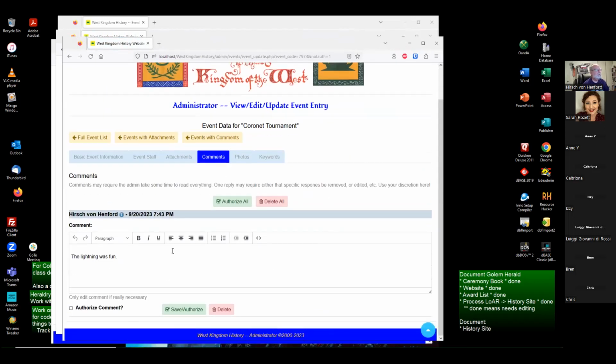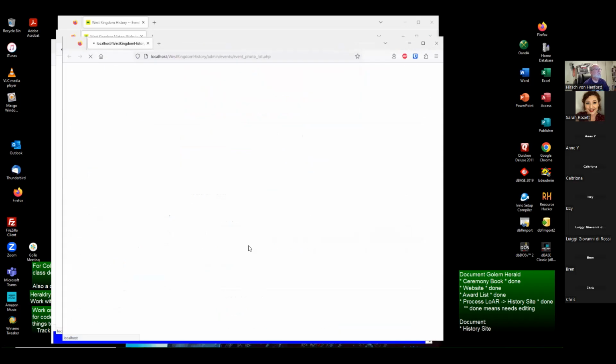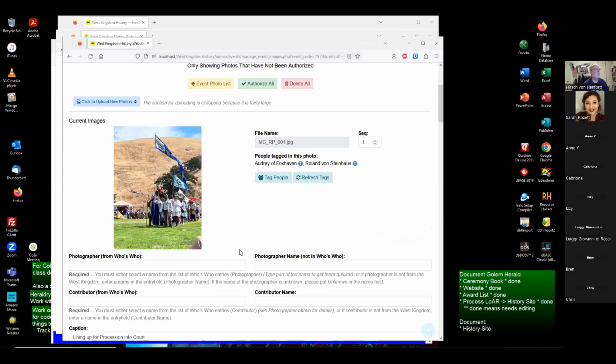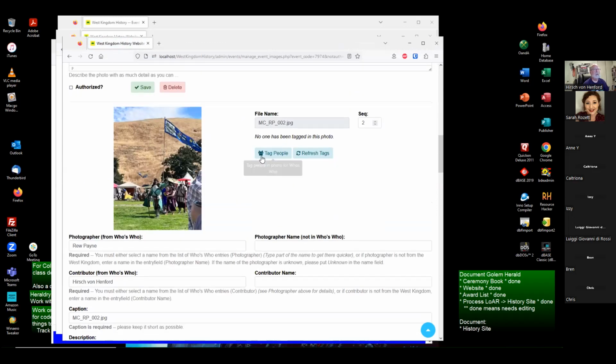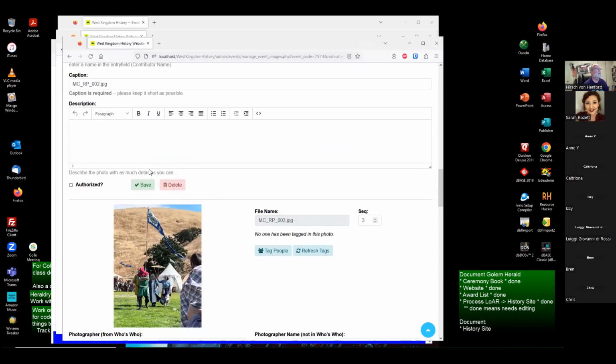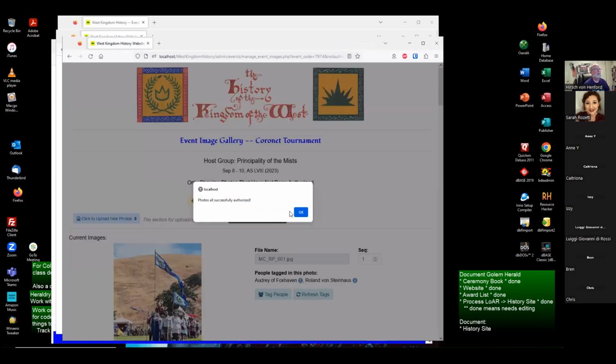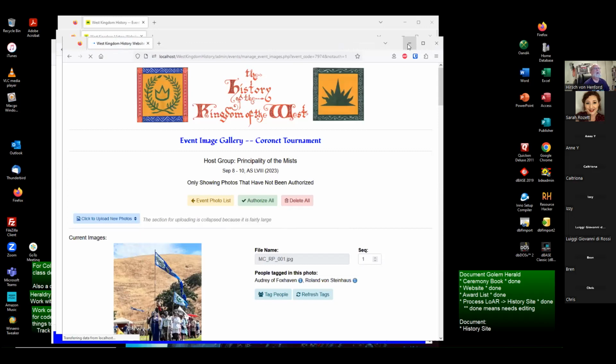And if there's a whole bunch of different people with comments, I could do an authorize all. I can also just do one individual one and so on, okay. So there's that. I can also do the same type of thing with the photos. If I come over to here, it shows me the photos. If I need to, I can come in and fix anything. I can tag more people. I can do whatever I need to do. I can put more text in. I can correct spelling, whatever. But I can also authorize all. Okay, once I've done the authorize,